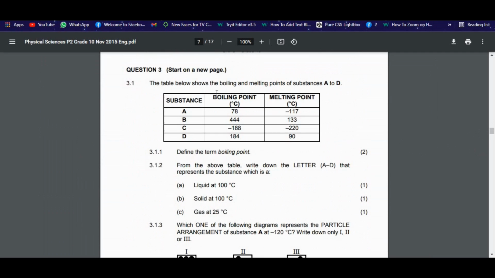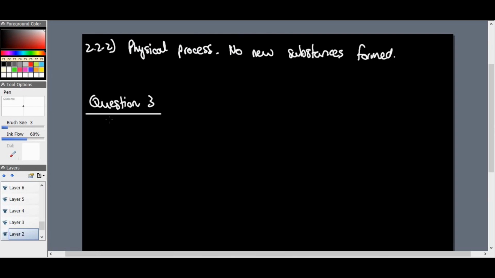Question 3. The table below shows boiling and melting points of substances A to D, both in Celsius. One of the first questions for almost any section is to define a term, here 3.1, define the term boiling point. First of all, you need to mention the temperature at which